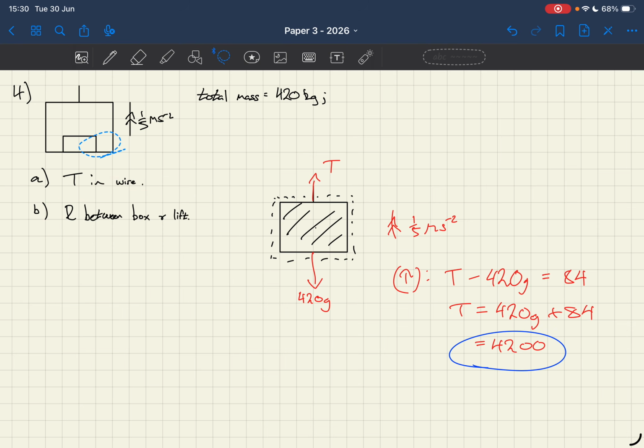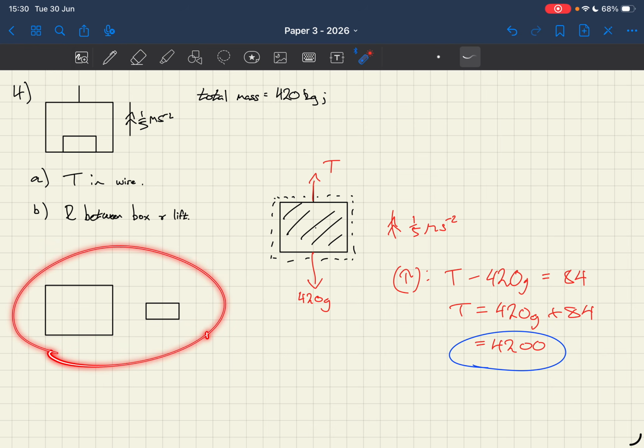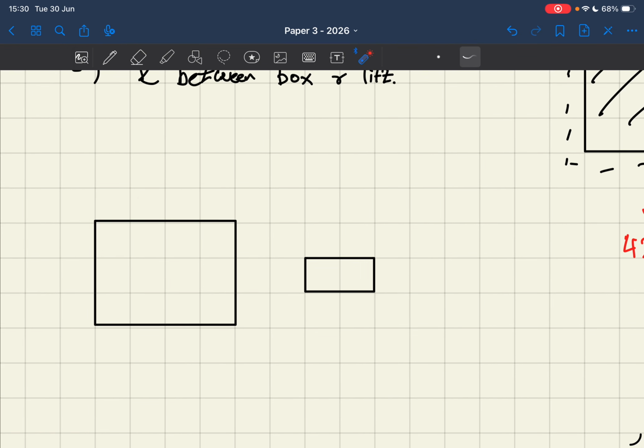So in this case, I'm going to take both objects, but I'm going to consider them separately. I don't actually care about how they are related to each other. I just care how those relationships affect them individually. So thinking about the lift